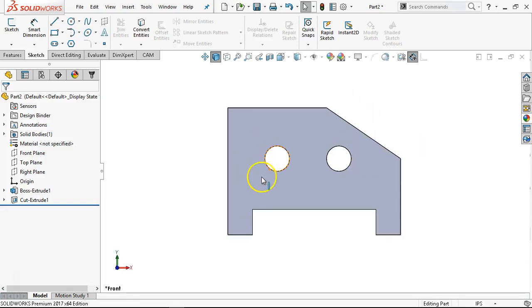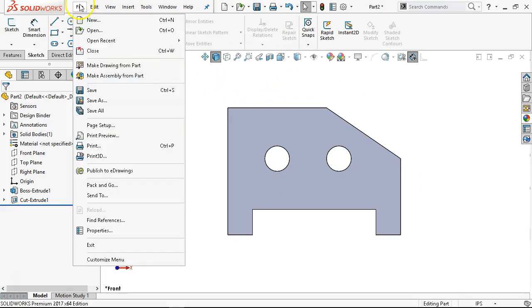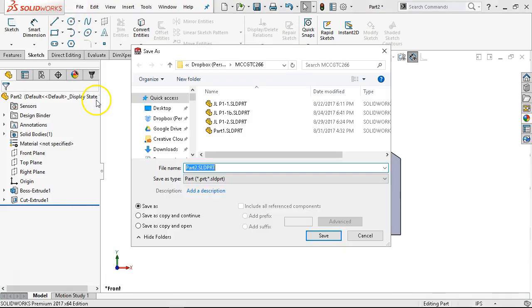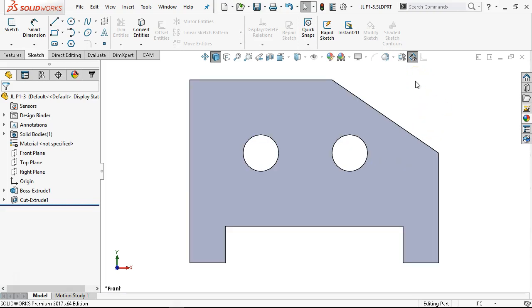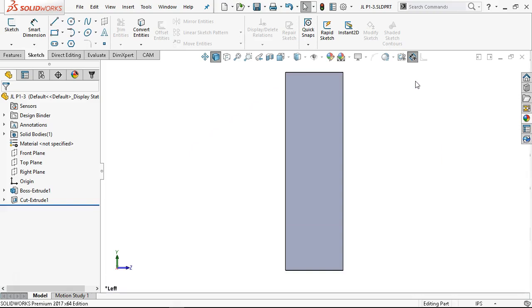Okay, so this was, let's go ahead and do a file save as. And we should be at part 1-3 and save it. All right, so again, just to kind of review, Control 1 was the front plane, Control 2 the back, Control 3 left, Control 4 right,